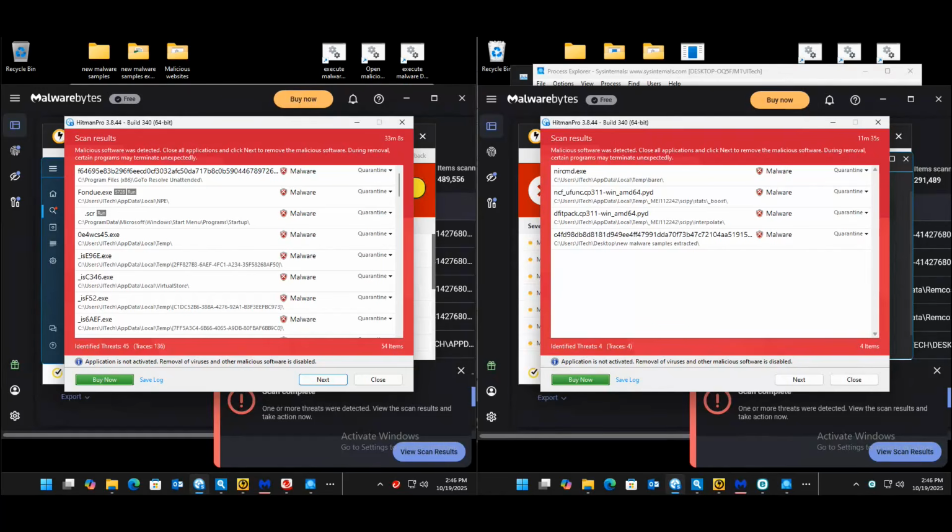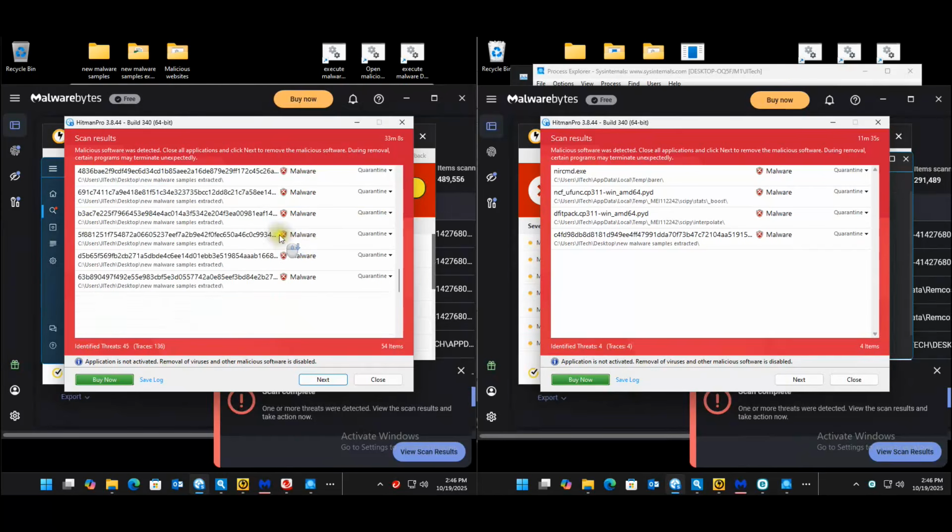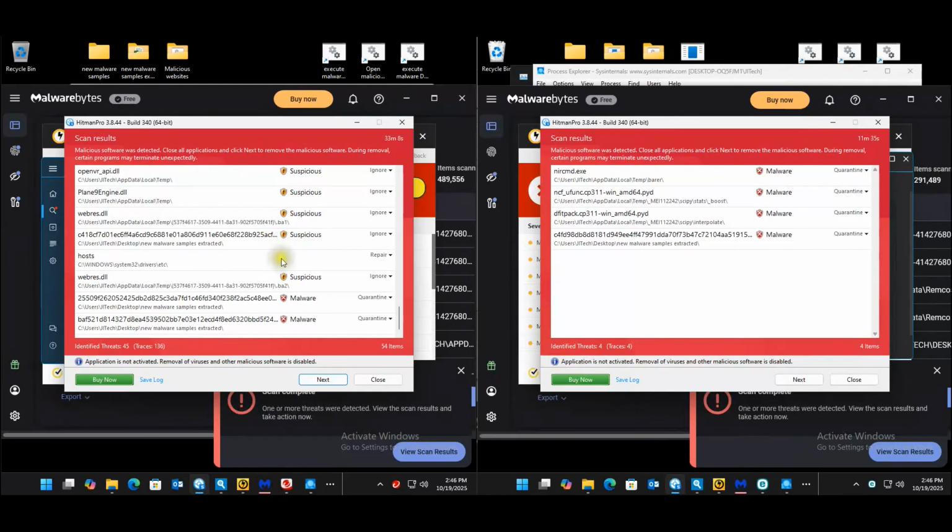Okay, now we are at the final stage of the test. Let's quickly see what our results are. On HitmanPro for Trend Micro, we have 45 issues here. So it seems this got resolved, a couple of stuff in AppData, and then a couple of samples on the desktop. But it seems the vast majority of the issues